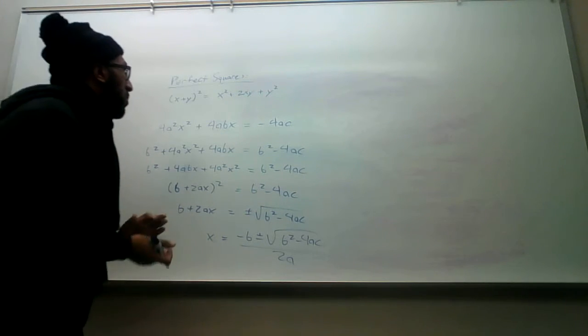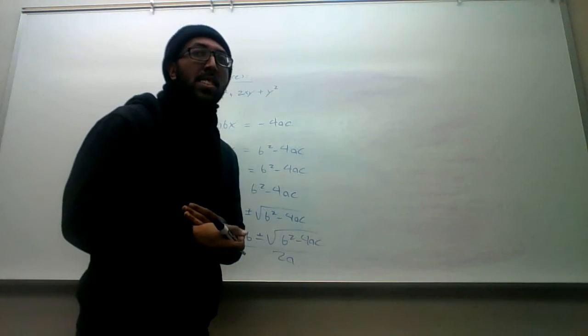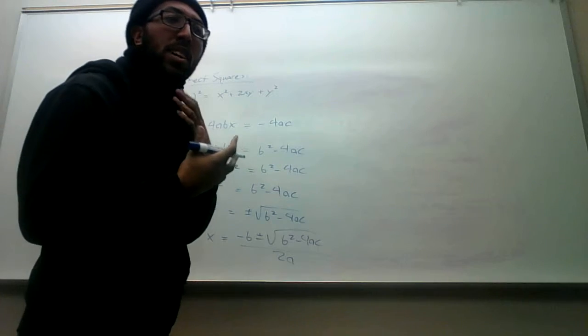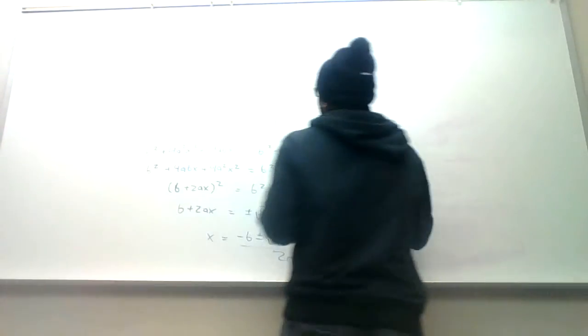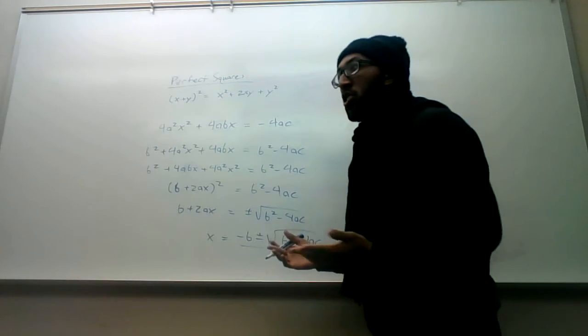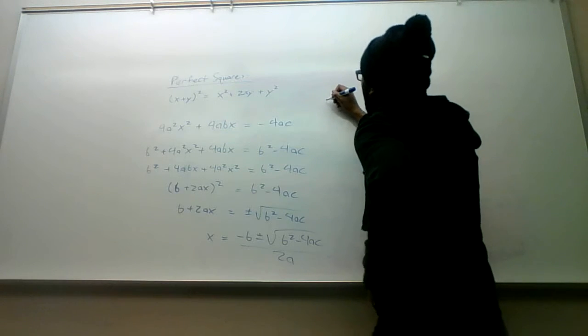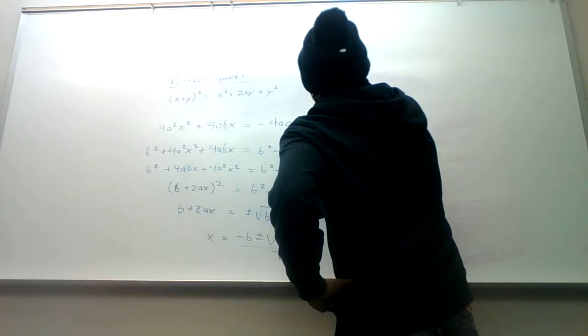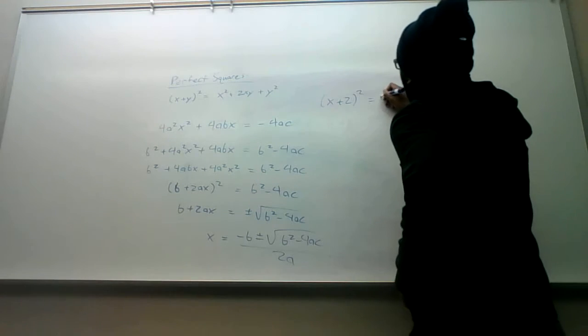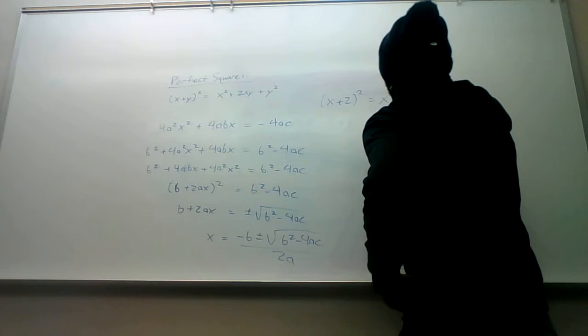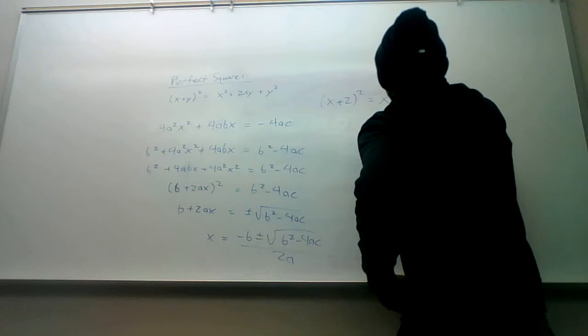Now, the reason why we multiply by 4a has to do with a special form of a perfect square. It's just something that you'll notice. And the way that I can best explain that is by showing the perfect square of x plus 2. If you take x plus 2 squared, the result will be x squared plus 4x